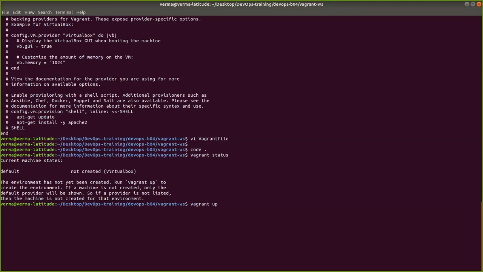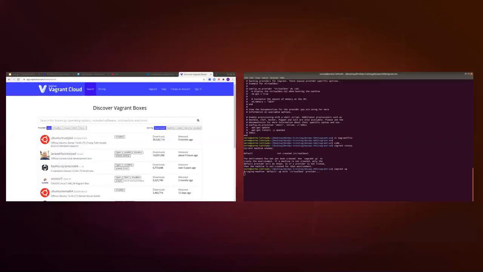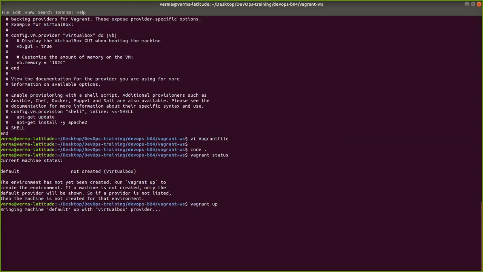Let me open VirtualBox. In my VirtualBox there is no operating system, meaning no virtual servers are running. Let me open that, and after this command finishes, it will have this.